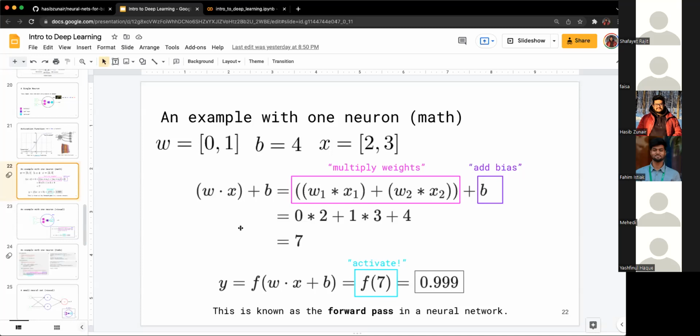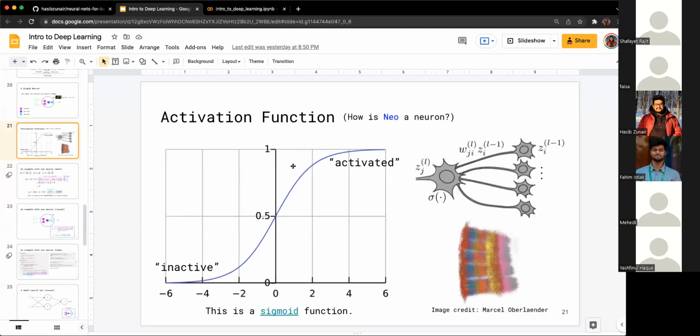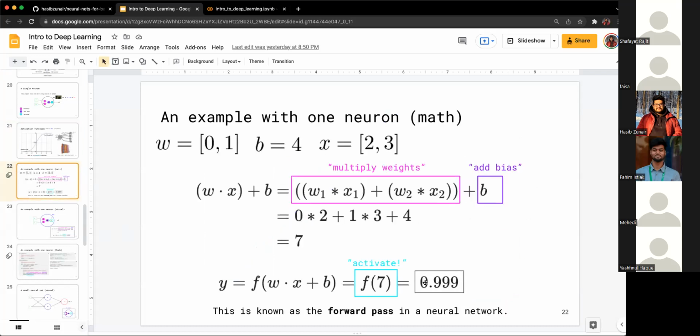আচ্ছা, এখন আমরা এই যে অ্যাক্টিভেট অপারেশনটা করব। wx + b এটা আমাদের অলরেডি ডান। এখানে আমরা 7 পেলাম। এখন অ্যাক্টিভেশন ফাংশন দিয়ে পাস করার পরে f(7) = 0.99, এটা কিভাবে আসলো? So let's look at this graph over here. If this is my x value, in this case it's gonna be 7. If we go over here, we go around 7, it's gonna give us a value close to 1, right? So if you pass this value of 7 through an activation function, it's gonna give you a value close to 1. So in this case, it's 0.99.